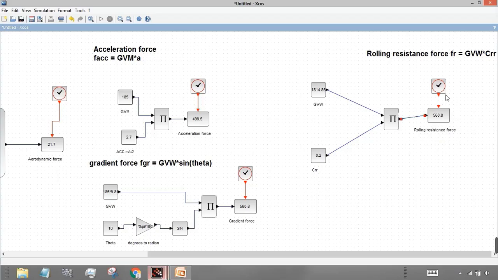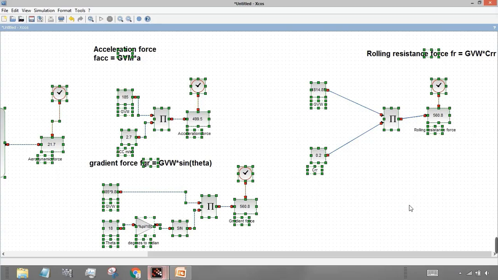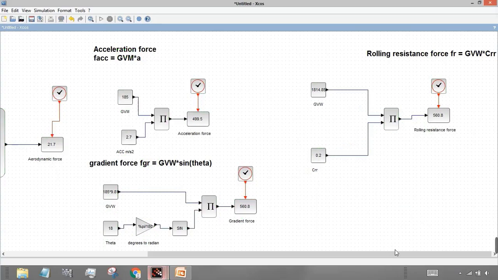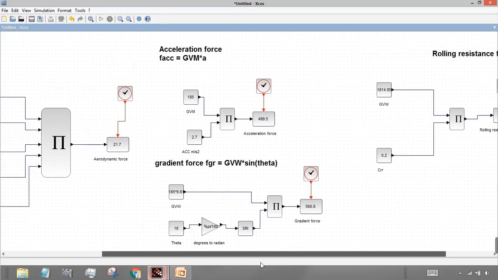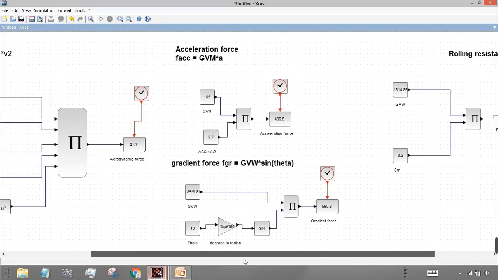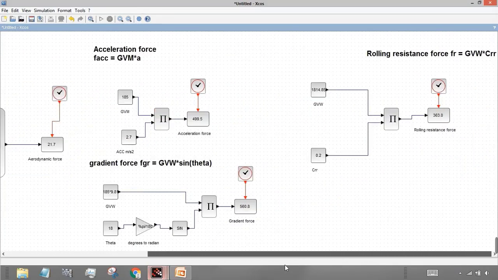So just connect these two blocks and then the clock. Just Control A and O for optimizing the connection. Again run the simulation. So it will give you the rolling resistance force. This is around 363.0 Newton.